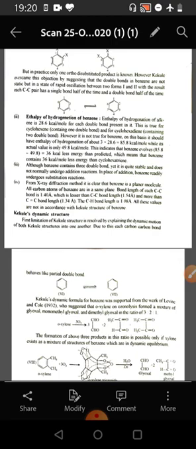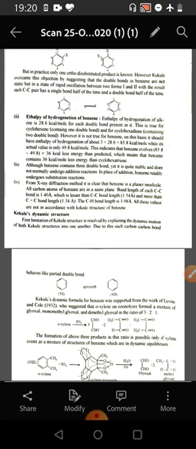The enthalpy of hydrogenation of an alkene with a single double bond is 28.6 kilocalorie per mole for each double bond present in it. This is true for cyclohexene containing 1 double bond and cyclohexadiene containing 2 double bonds. However, it is not true for benzene, as in this case it should be about 3 times 28.6, that is 85.8 kilocalorie per mole, while the actual value for benzene is only 49.8 kilocalorie per mole. So this indicates that benzene evolves about 36 kilocalorie per mole less energy than cyclohexatriene would, if it existed.